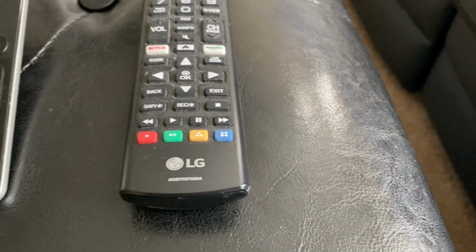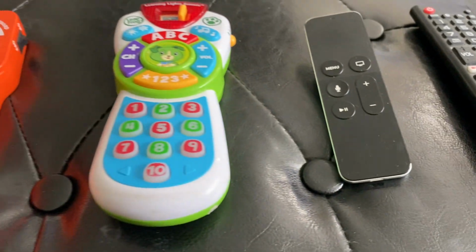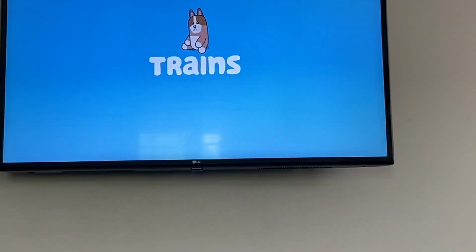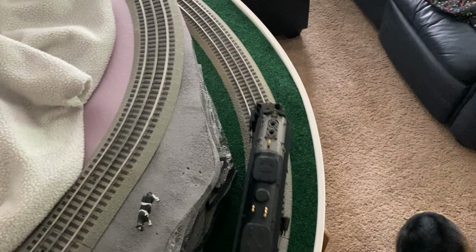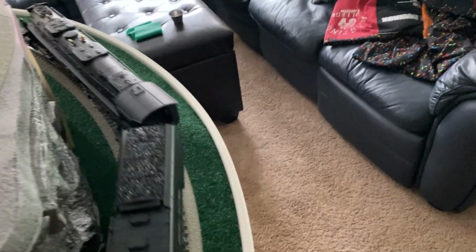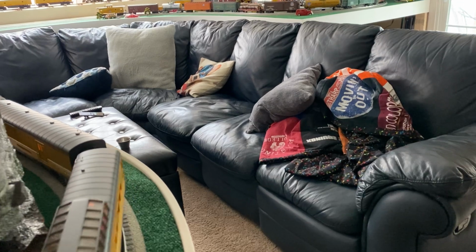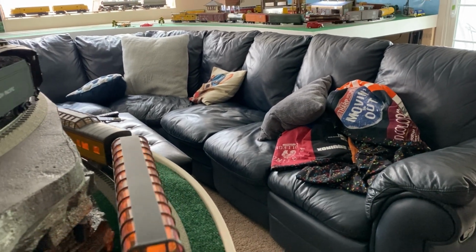This room has a lot of traffic, and this room has a big blue sectional couch in here, and a TV that we watch. And so having larger curves, especially folks that are asking why I don't have 072 curves, well, it's because I can't completely dominate this space. Yes, the layout is big. Yes, it's pretty hard to miss when you first walk into the house. But at the end of the day, it's easy to walk in and out of this space here